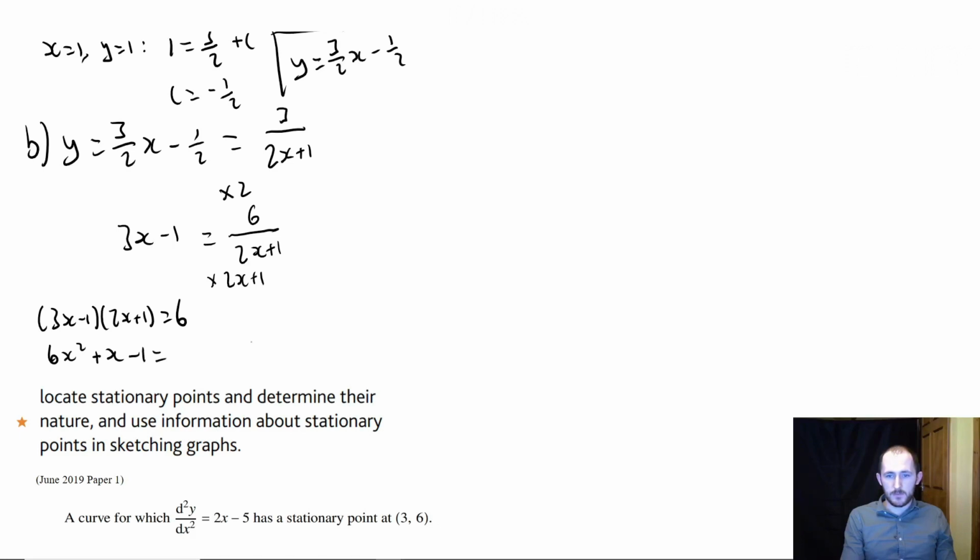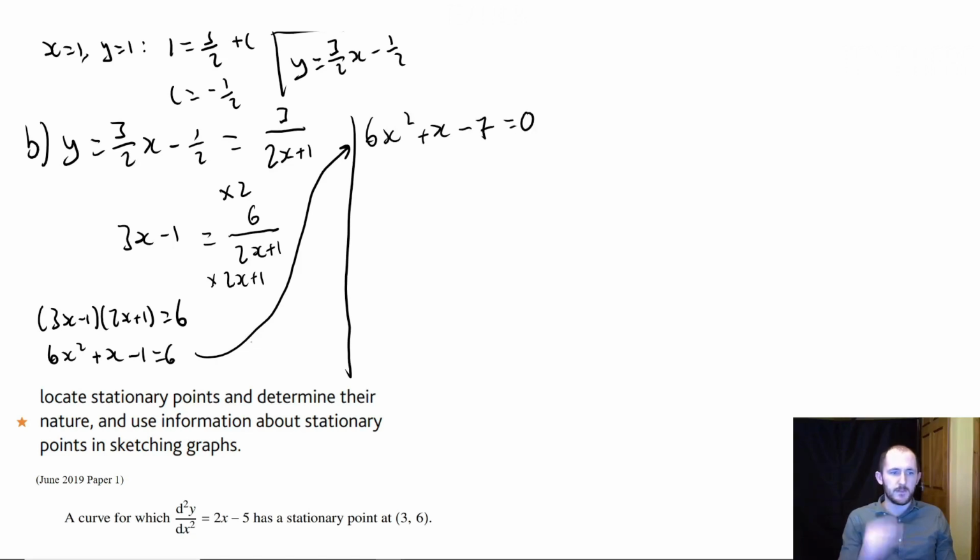minus 1 equals 6. Let's split this in half so we can go back up here. Move it all over to one side, we have 6x squared plus x minus 7 equals 0. So to factorize this, again, you can use the quadratic formula. Don't feel like you need to factorize, but again, if factorizing is easy for you, then why not do it,